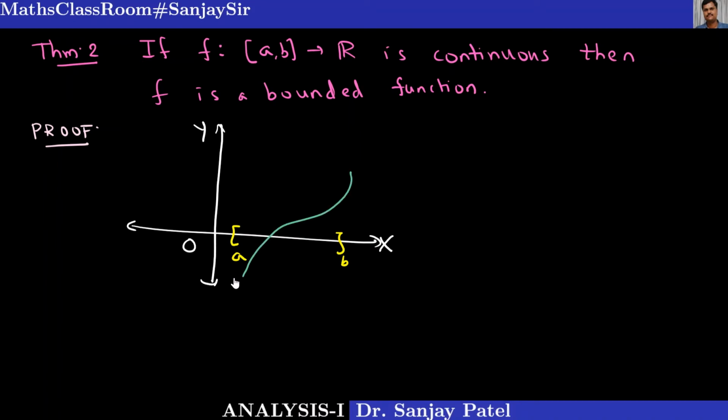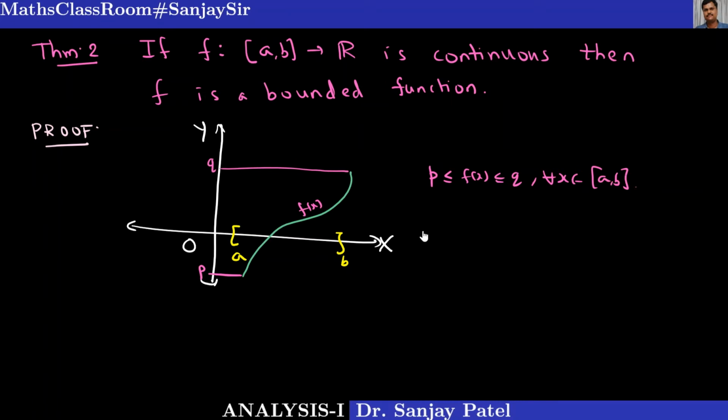then you can see that this function is bounded between some two limits. Say the minimum value is here and the maximum value of the function is here. So all the values of the function lie between these two. Say if this is P and this is Q, then for all values of f of x, I can say that P is less than or equal to f of x, less than or equal to Q for every x in closed interval AB. You know what is the meaning of bounded function?